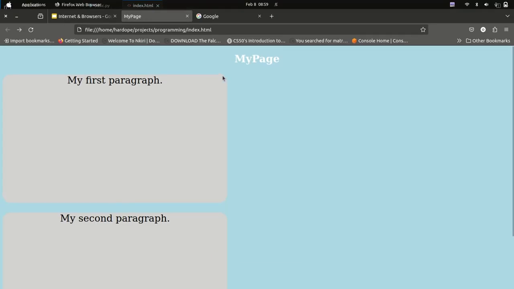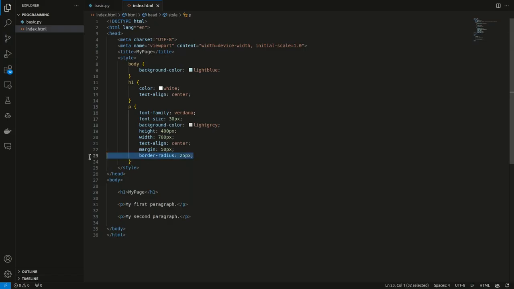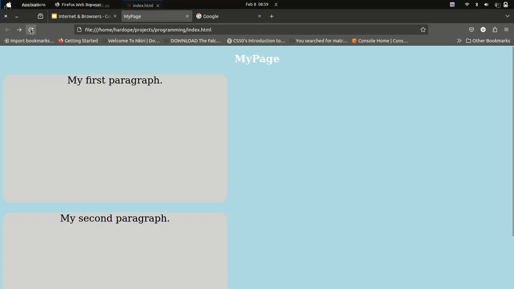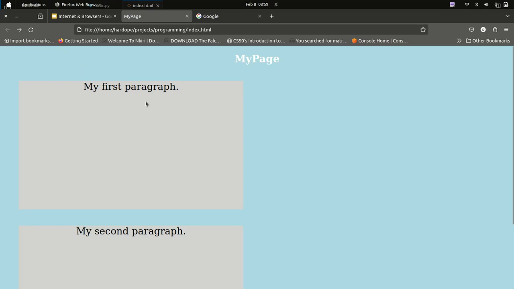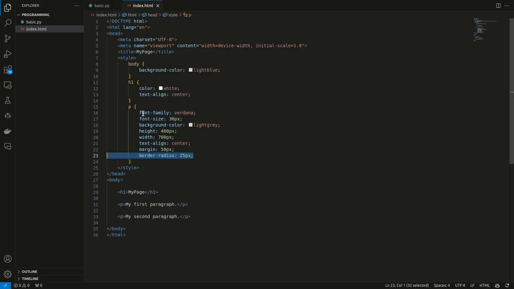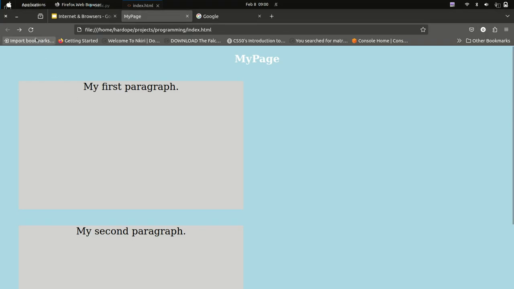And then the border radius. Before I go into that, let me explain what the border is. The border of an object or of a tag in HTML is like the corners, the lines that surround the tag. Now you can see the border is just a bunch of lines around it. But the border radius is the edge. I can decide to change what the edge looks like. So when I say border radius equals 25 px, I'm saying that I want a curved edge, like I want it to look round. So that's why it's like this.